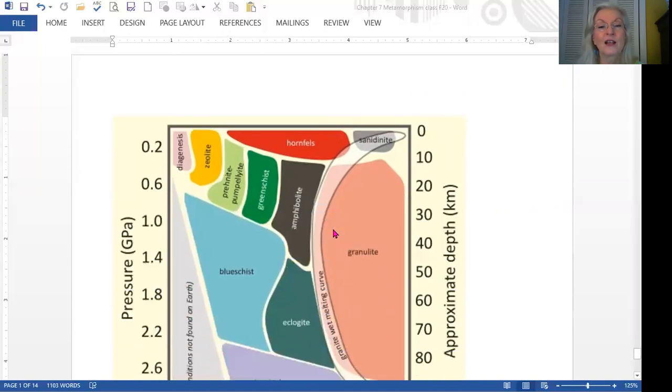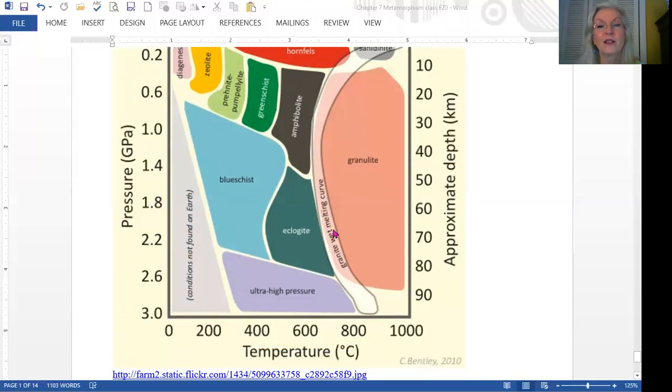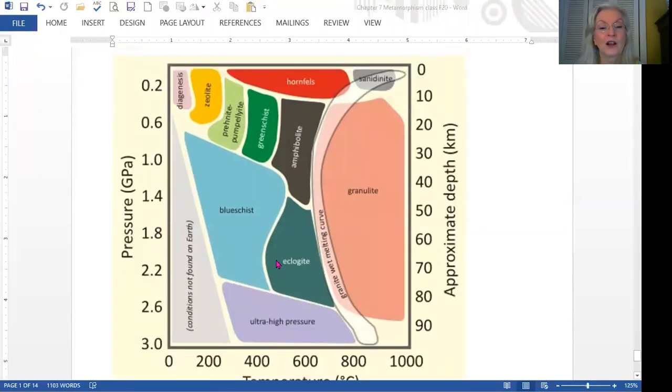So let's look at a graphic for some metamorphic facies. Across the bottom, you can see we have temperature, low on the left, higher on the right. Pressure, low at the top, higher as you go down. And the depth, close to ground level at the top, and as you go down, it's deeper and deeper. So you can see that hornfels are stable at a wide range of temperatures, but a very